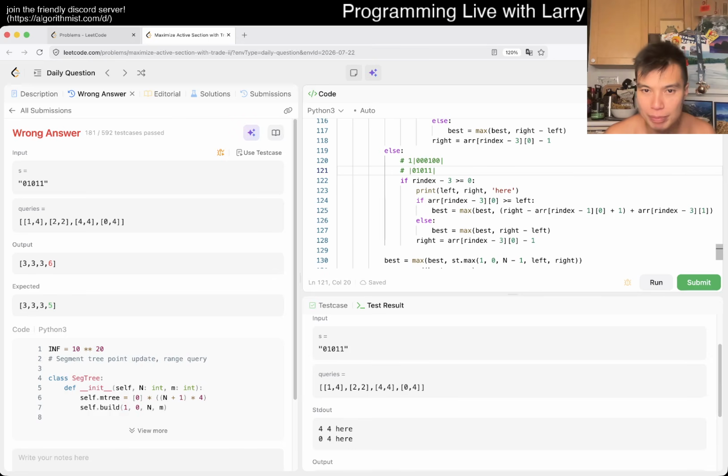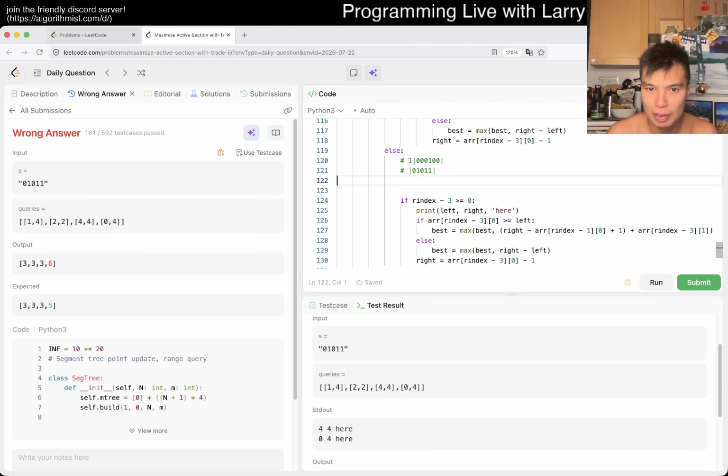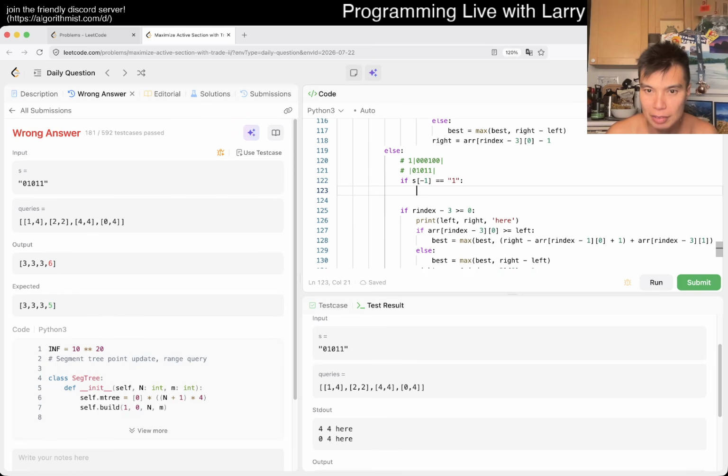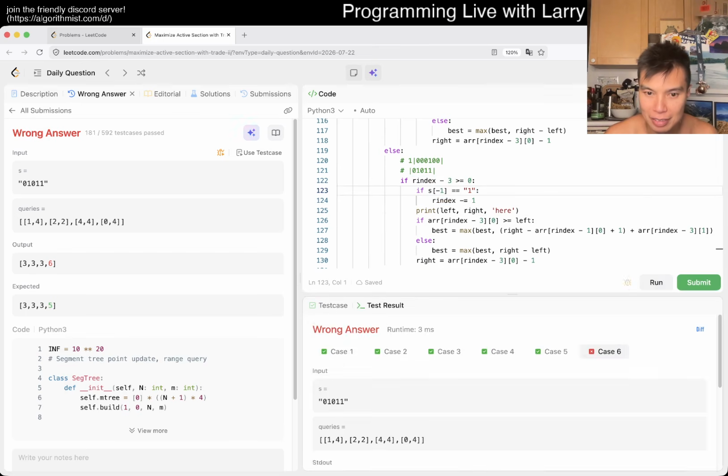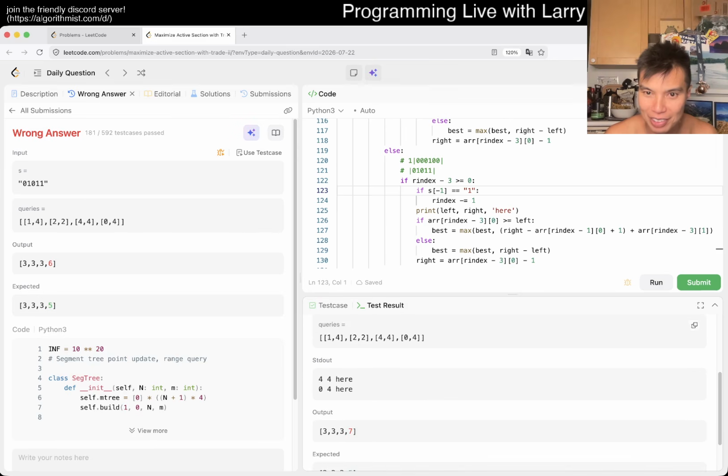So if it's a 1, then what? Then okay. So if s of the last element is equal to 1, then what do? Then all index just subtract by 1, I guess. And then I think it's just right, maybe. Let's try again. Nope. Now it's just even more wrong. Yeah, because the odd index can go out of bounds, which is really awkward. That's probably why. But okay, so if it's a 1,